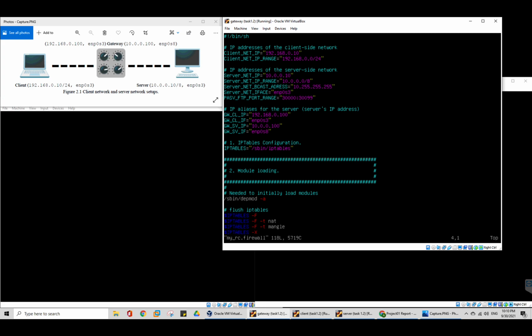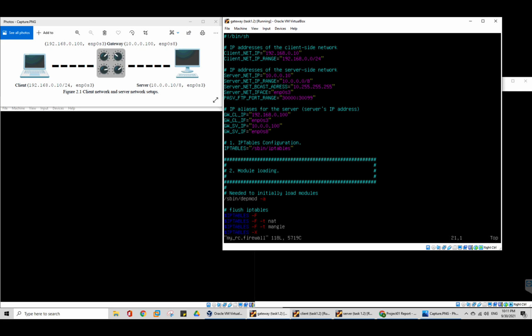Here I define the client network IP address and client network IP address range, with the server, the server network IP address range, the interface. For the gateway, on the client side, and here is on the server side,